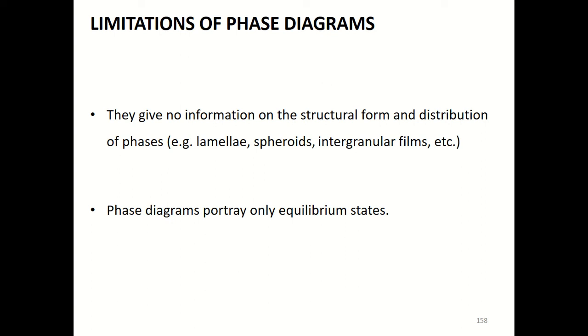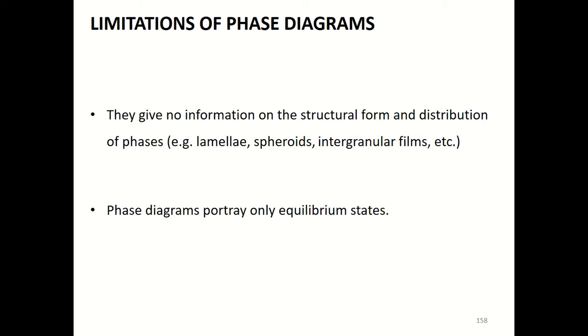We have seen the phase diagrams are very useful in interpreting much information related to alloys. For example, while discussing the phase diagrams, I told you there are three important pieces of information we can extract from the phase diagram: the number of phases present, the composition of the phases, and the relative amount of phases present. Right. But one of the most serious limitations is that there is no information on the structural form and